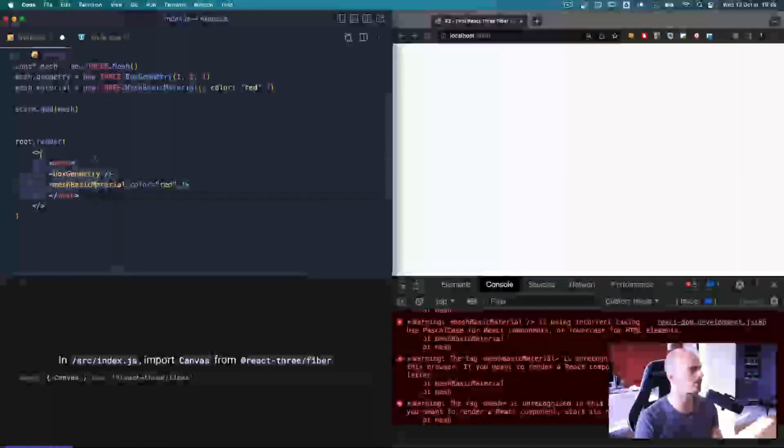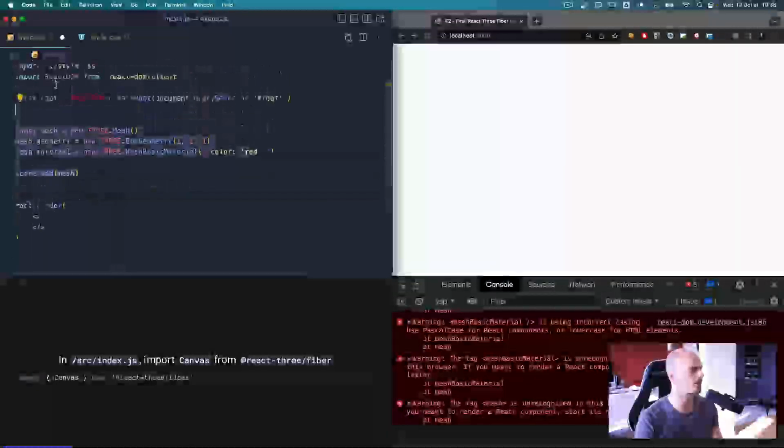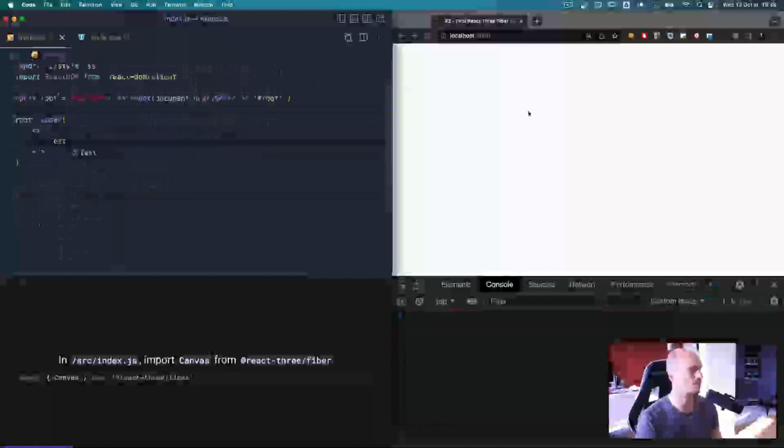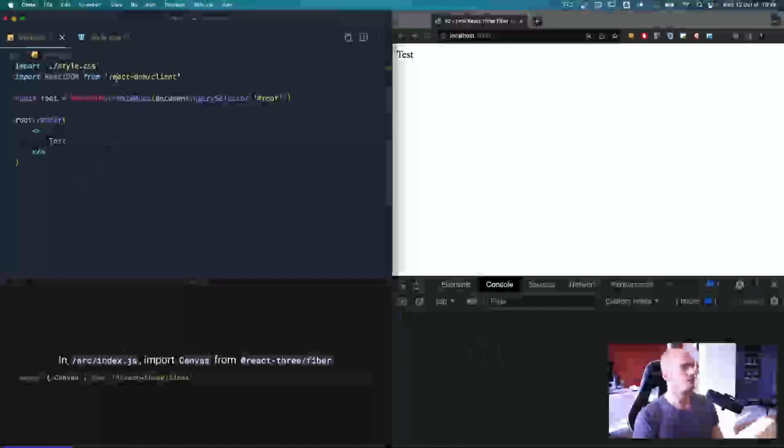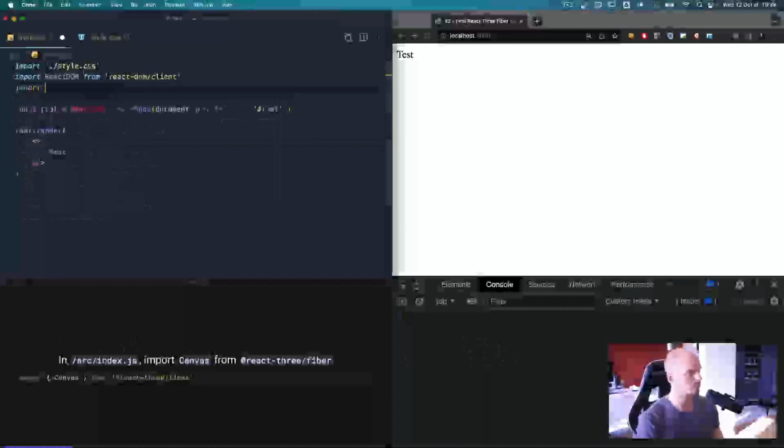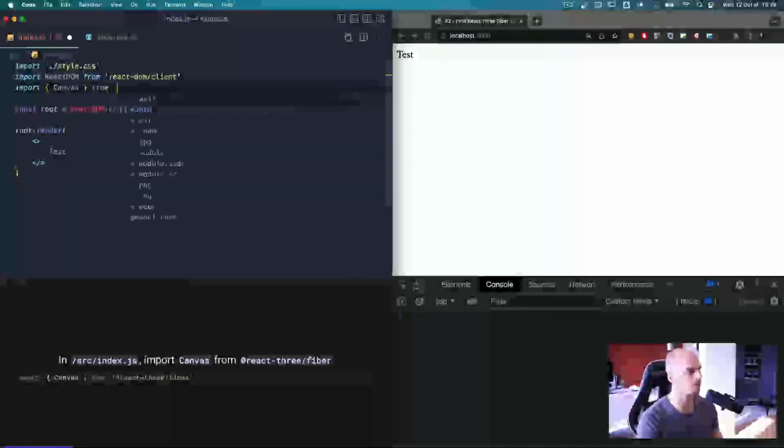So I'm going to go back a little on that example. Normally you should not have written this. You can get rid of it if you wrote it. We can get rid of the text and we can get rid of that example. All right. I can put like a test. As you can see, it's working. There is no error in there. First, we need to import that canvas component from